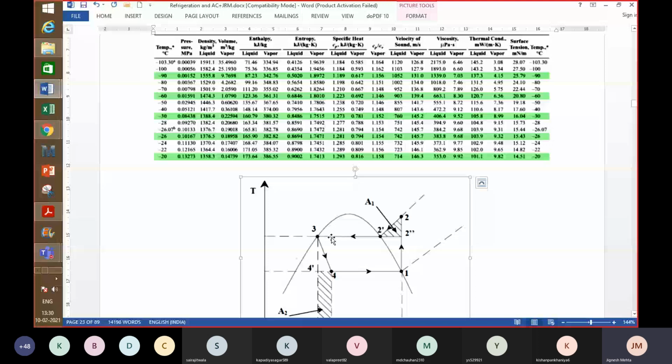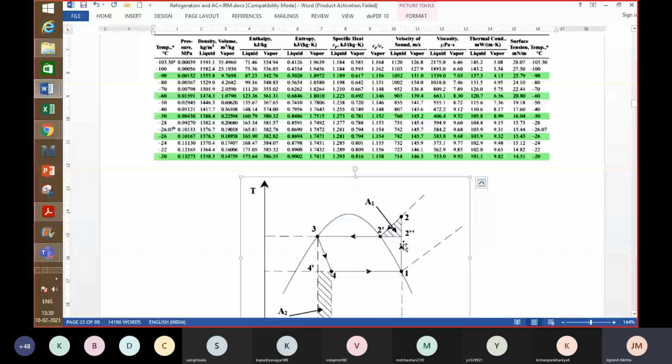And finally, all required heat is rejected and it comes to saturated liquid state, which is 0.3. So 0.3 is saturated liquid. Now you are not asked to get the heat rejection in the condenser, and you can get it indirectly also. That is, if you find the heat which is absorbed in the evaporator and the work that is done by the compressor, the addition of those two is going to anyway give you the heat rejected through the condenser.